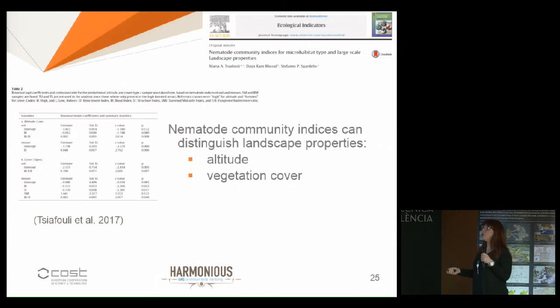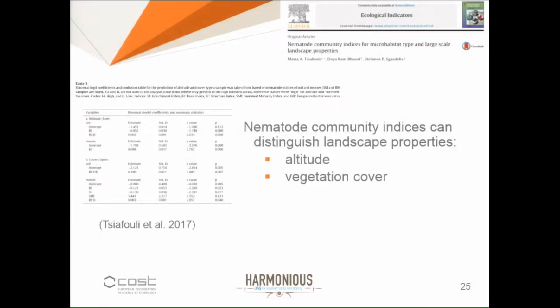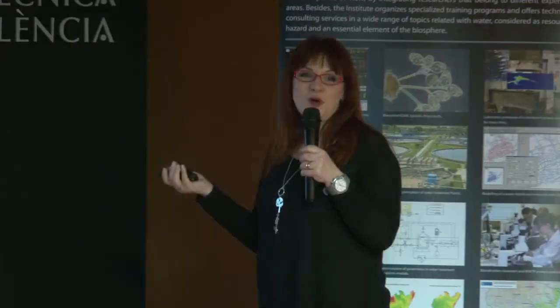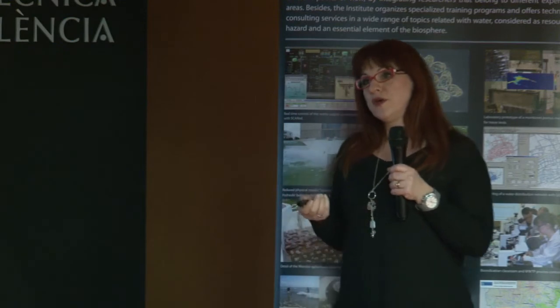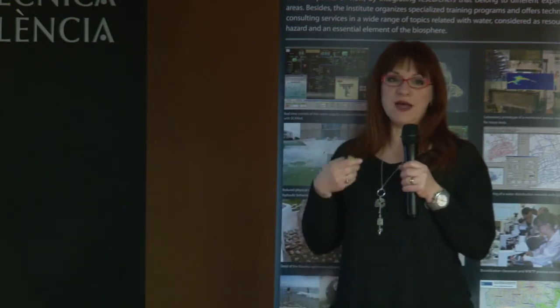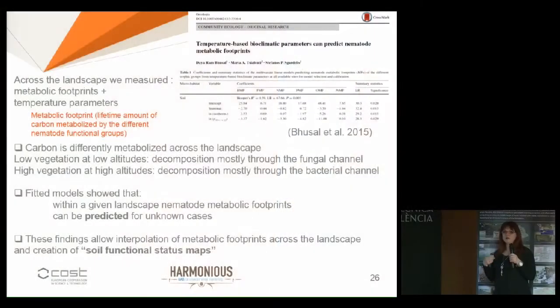There's no time to explain the models, but the most significant thing we found was that nematodes not only respond to land use and land use pressure, they also respond to landscape characteristics like altitude and vegetation cover. So each nematode knows where it is. In another study, based on the knowledge that temperature defines biological metabolism, enzyme activity, and reproduction, we monitored temperature across the same landscape